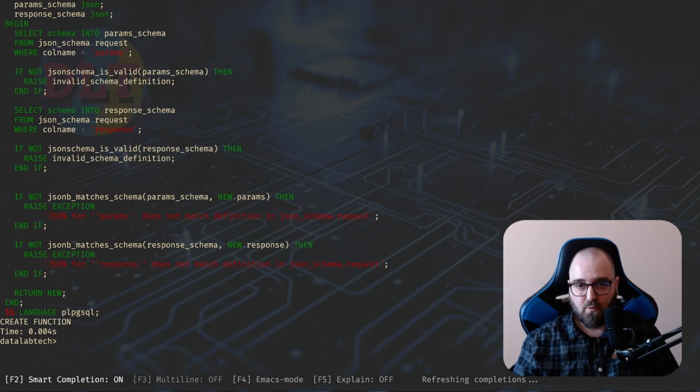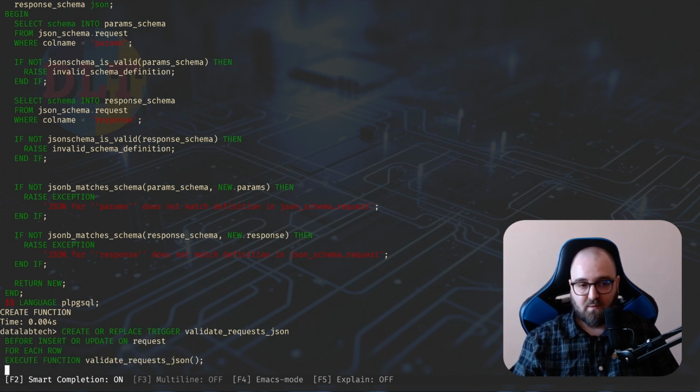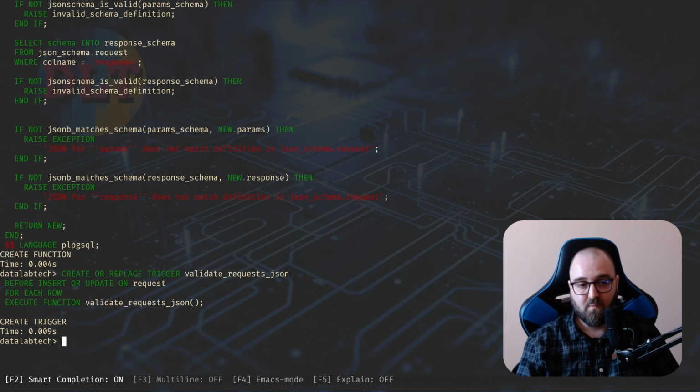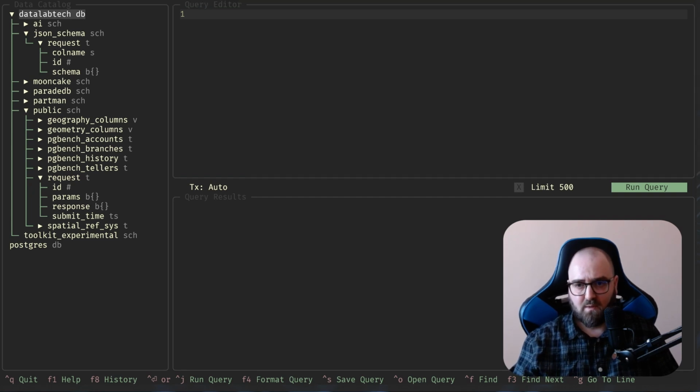And now let's also create the actual trigger, which is just before insert or update. It will always validate your schemas and validate the JSON columns as well based on those schemas. Okay, so we have it. We can go back to Harlequin, I guess, and